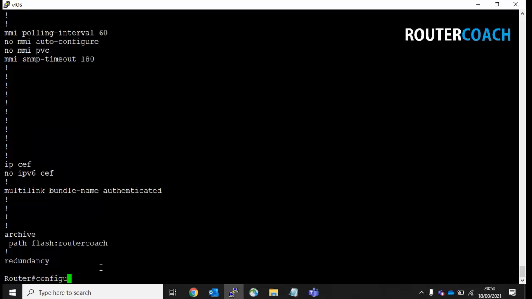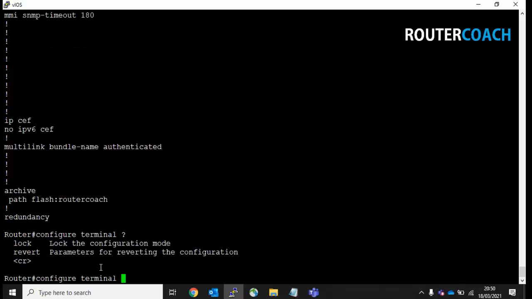If I say configure terminal and press a question mark, there are additional parameters after configure terminal. Never would I do that. A lot of people just do configure terminal, enter, and start configuring. So if I now say revert timer, and this is good if you were doing a change in the